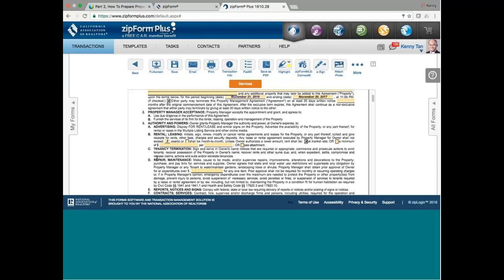Repair and maintenance. This one basically also, it's expected. I mean, if you want to give a property to a manager, you might as well let him have the authority to pay bills, to make improvements, to supervise repairs, all of those things, right? And